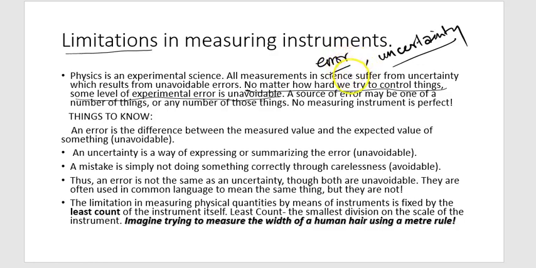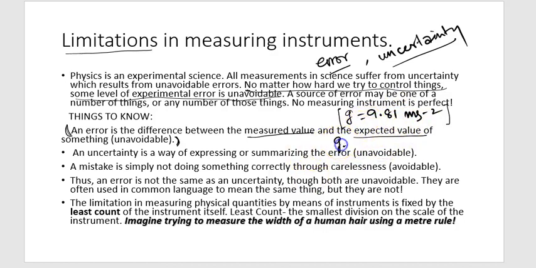So wherein lies the difference between errors and uncertainties? Now, this I find incredibly helpful. An error is the difference between the measured value and the expected value of a given variable. Like say, acceleration due to gravity on Earth, g, is 9.81 meter per second squared. We are all aware of that. So that can be taken as the holy grail. That is the most accurate value of acceleration due to gravity that we can get up to 2 decimals, right?